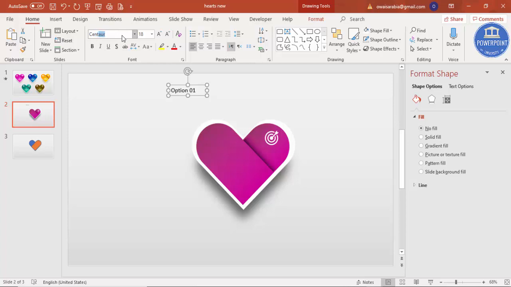I'm going to use the font called Century Gothic, make it bold, center aligned, put it here, and the font should be white, and then